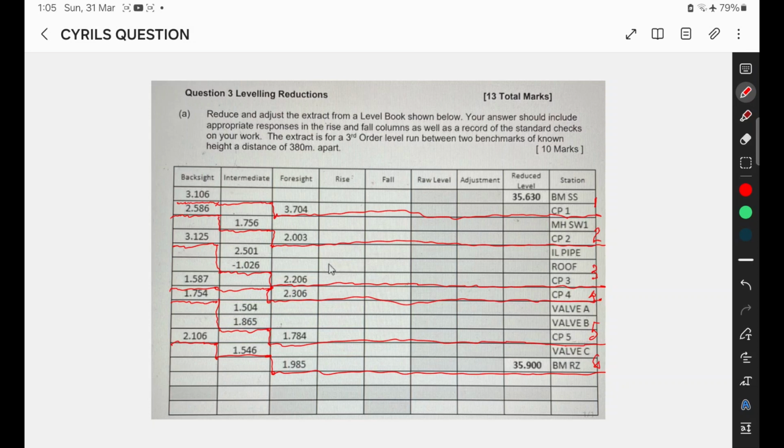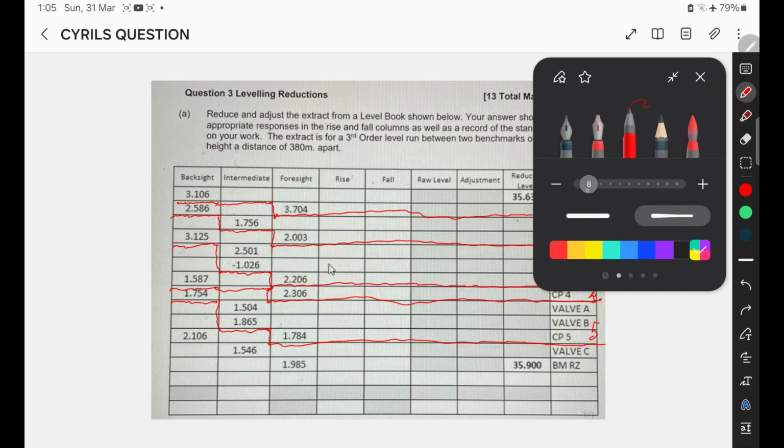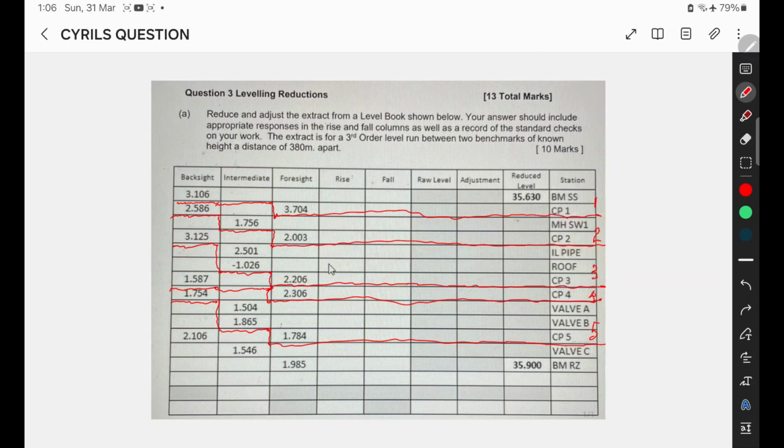Now, in an exam situation, the first thing I would do is add up the backsights and foresights. I'm just going to make that a bit bigger if I can, and I get